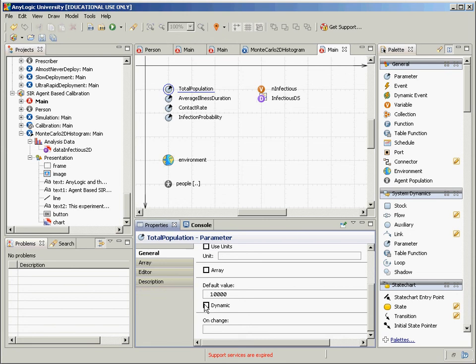Another improves hygiene and therefore lowers the chance per discordant contact that the infection will be transmitted, in other words, the chance per contact between a susceptible and an infected person. Another speeds up recovery or something like that. You could pass those in as interventions from different experiments, and then each would just be applied to each person in the population before the simulation begins. So you can do that with a dynamic parameter,